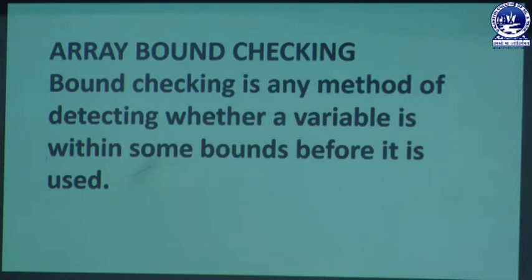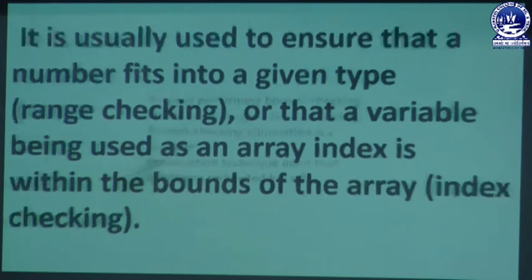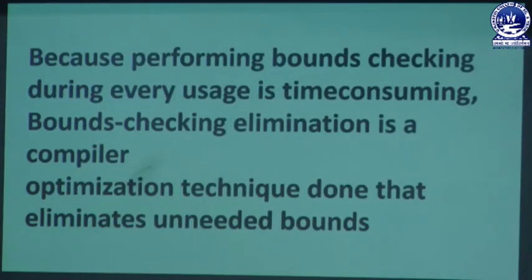Now we will discuss array bound checking. Bound checking is any method of detecting whether a variable is within some bounds before it is used. It is usually used to ensure that a number fits into a given type, which is also range checking, or that a variable being used as an array index is within the bounds of the array, which is called index checking. Because performing bounds checking during every use is time consuming,